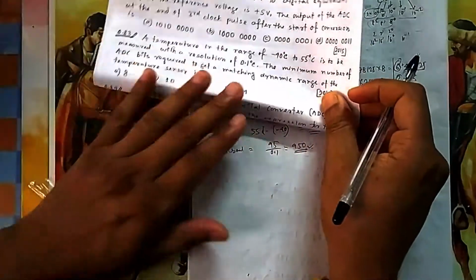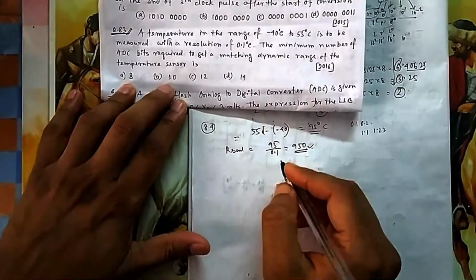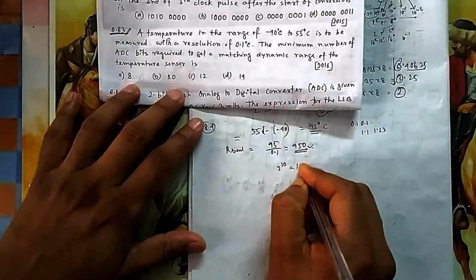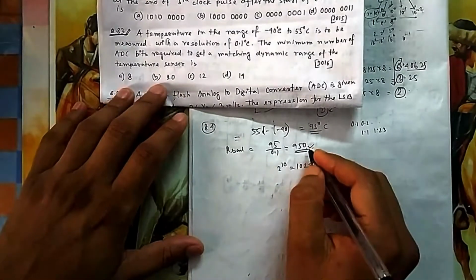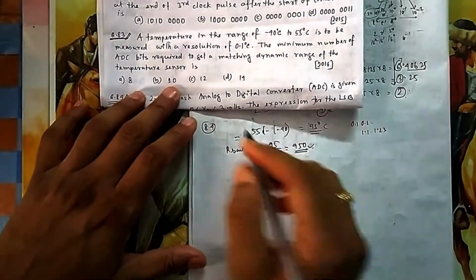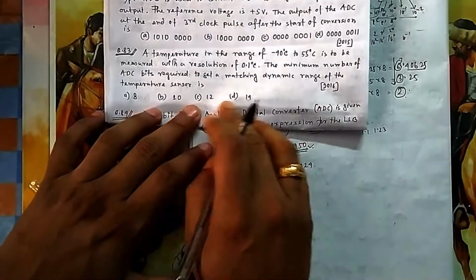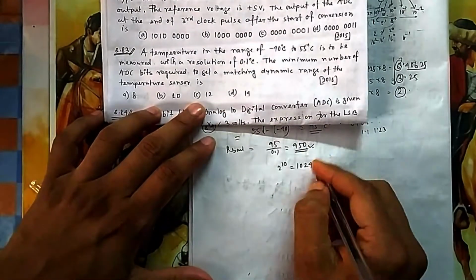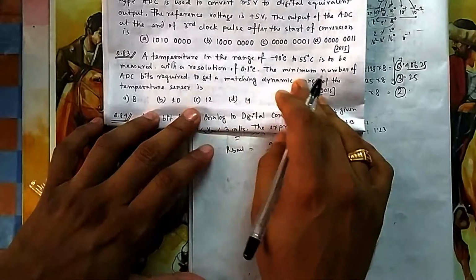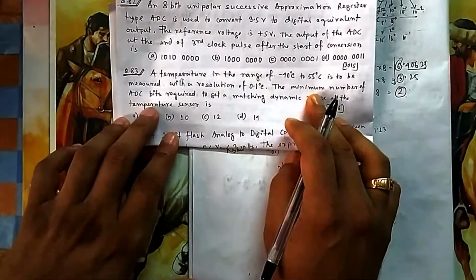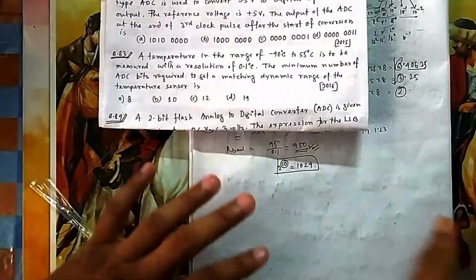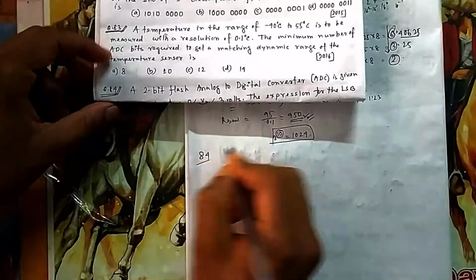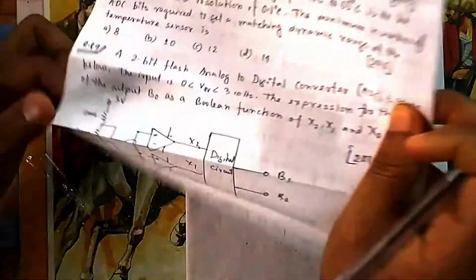So which will give you 950 states? 2 to the power 10, obviously, because 2 to the power 10 is 1024. 2 to the power 8 will be 256. So 256 states will be there, 950 will not be there. So minimum you can get 10. You can get 12 also, 14 also. All these will give this many steps. But they are asking the minimum number of ADC bits. So minimum you need 10 bits so that you can reach up to 950 states, because you have to measure 950 states.